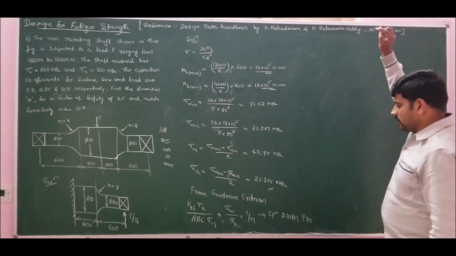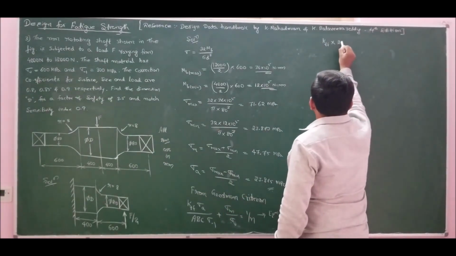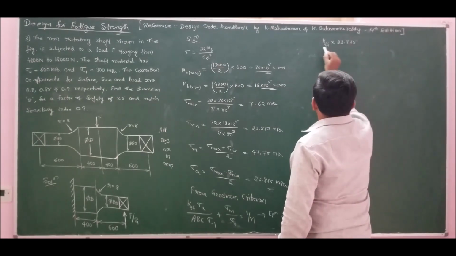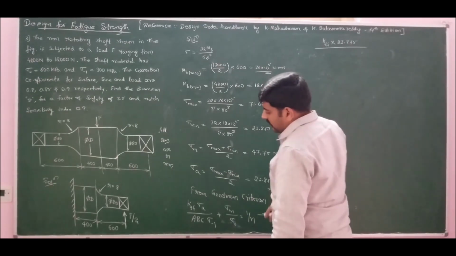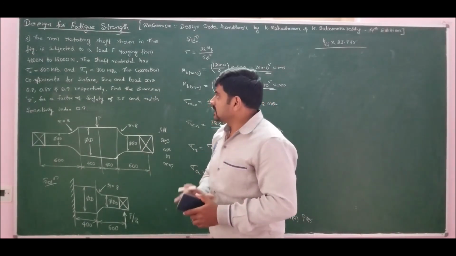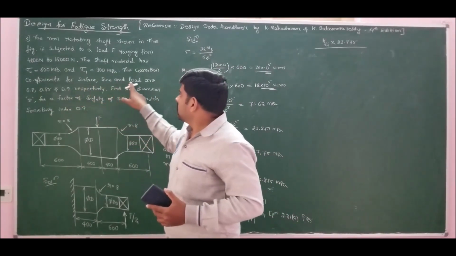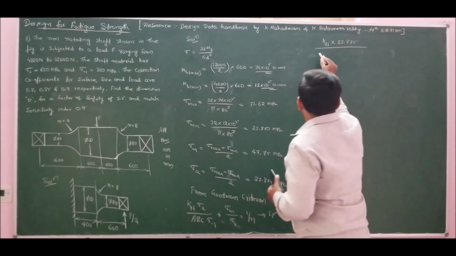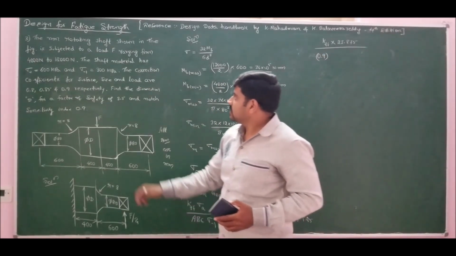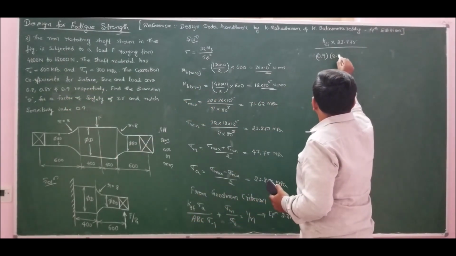So if I substitute and solve, I will get the value of stress concentration factor as sigma amplitude is 23.875 divided by load correction factor. Actually the load correction factor for reverse bending case is 1, but he has given the load correction factor as 0.9. Since he has given, we should take it. We should take the load correction factor as 0.9. B stands for surface correction factor. So surface correction factor is 0.8.